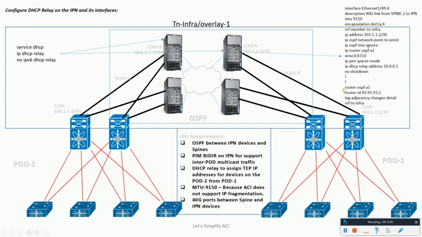And in this command, the IP DHCP relay address is this one. This is basically the DHCP relay IP address for this particular interface, and it will be a part of the DHCP relay pool that we will be defining on pod 1 through the GUI. I'll show you. And using this IP address, these IPN devices would be providing the TEP IPs to the spines and the leaves in pod 2. That's the purpose of